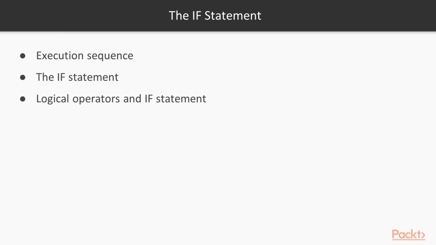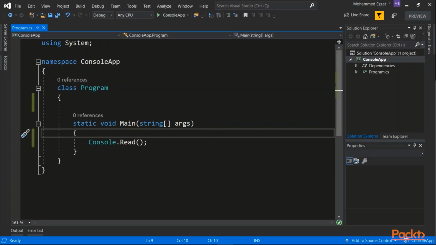So first thing, we're going to talk about execution sequence, the if statement itself, and the logical operators. In order to demonstrate this correctly, we will need to do some coding. So as usual, I'm going to go to my console application, and I'm just going to write a few lines of code, like for instance,